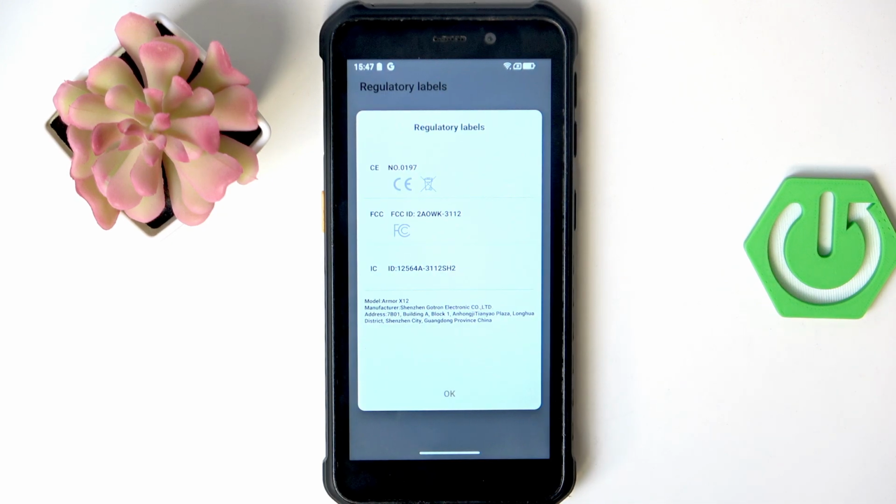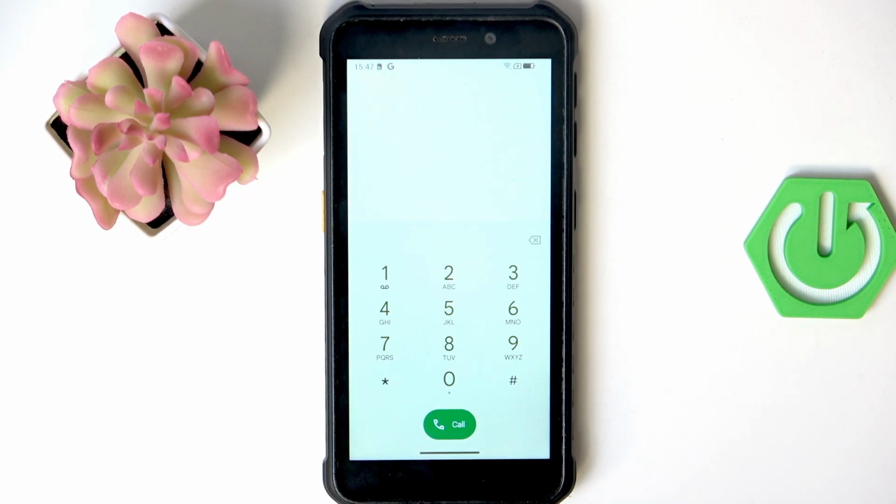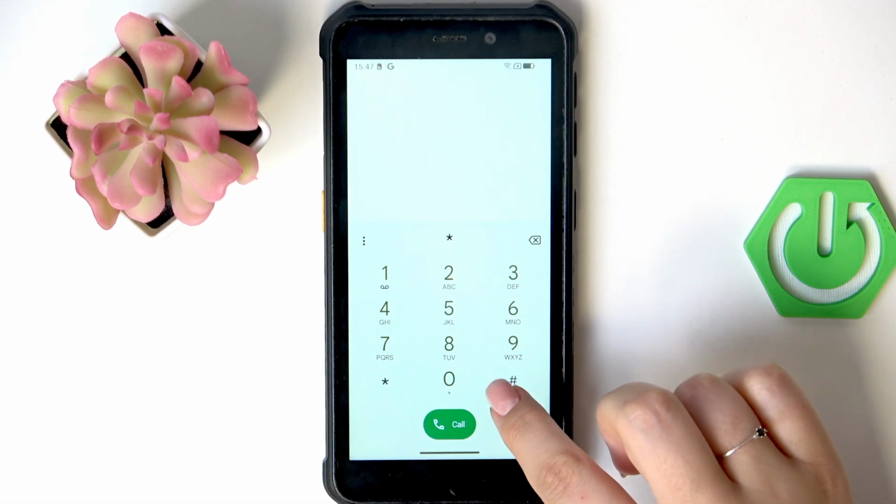*#07#. And thanks to it we can open the regulatory labels so we can check the head and the body of our device. Tap on OK, and another code for the calendar info, it is